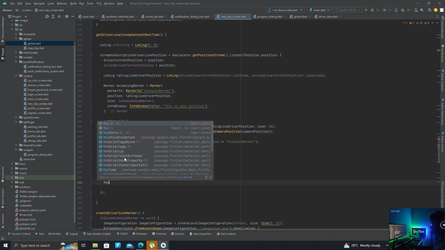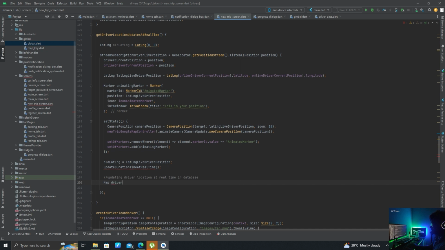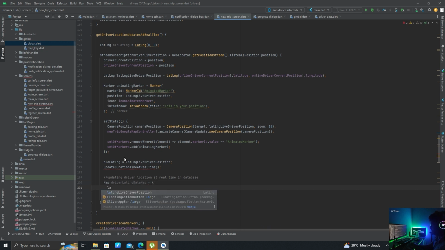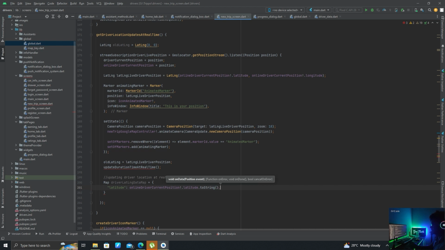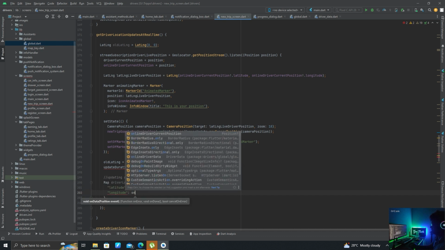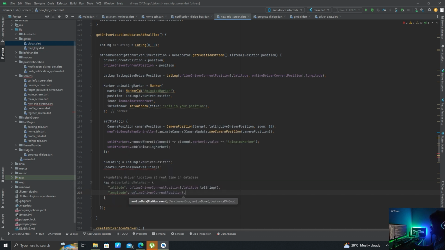So for that, map driver latlang data map equals latitude: online driver current position dot latitude dot toString, and longitude: online driver current position dot longitude dot toString,